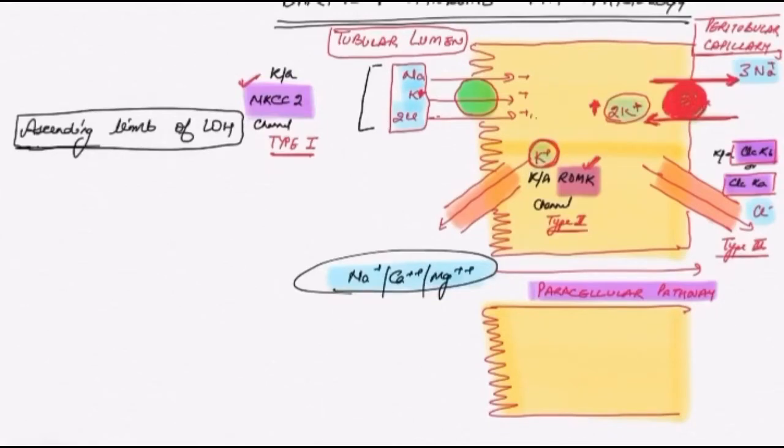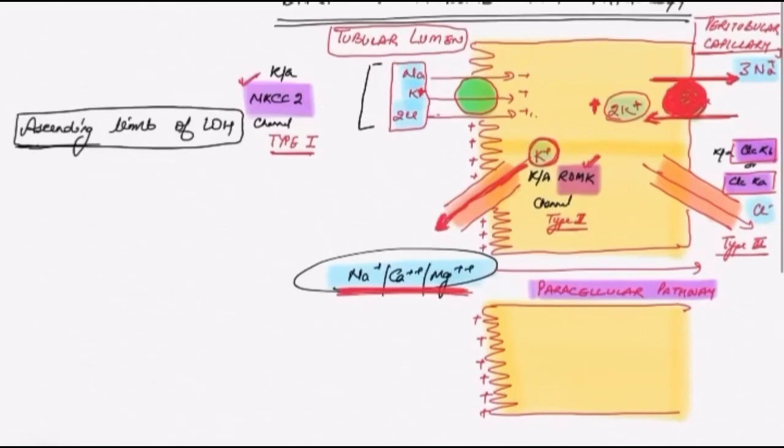and chloride leaves the cell through this ClC-Kb channel. Normally this happens when the potassium goes out of the cell. The potassium leaves the cell through ROMK channels, and because the potassium is cationic and has a positive charge, it imparts a positive charge over the tubular epithelial cells near the luminal side. So this is positively charged, and as you can see, sodium, calcium and magnesium are also positively charged. So these will obviously repel each other.